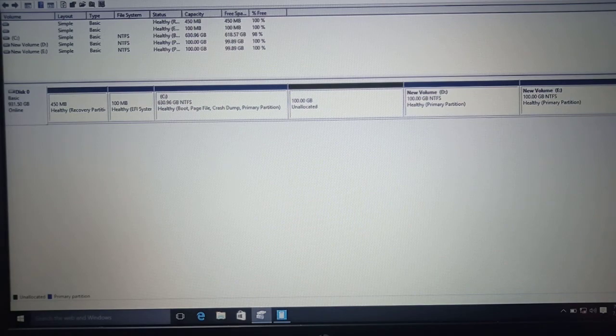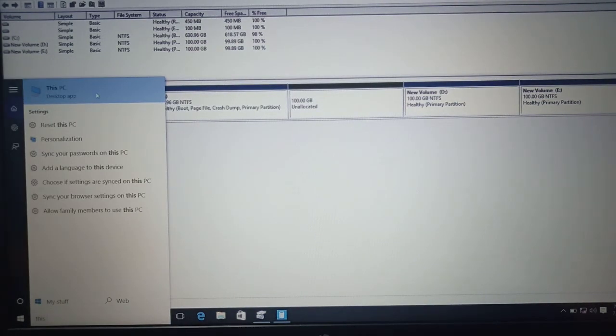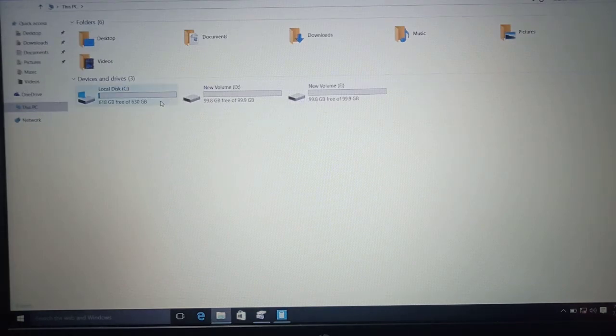If you see This PC, it will show the reduced size. Here 100 GB is reduced from the C drive. So this is how you can create partitions for creating new drives, and you can also allocate the size. In this video you have seen how you can create different partitions using Disk Management, and allocate size for installing different operating systems on your laptop.